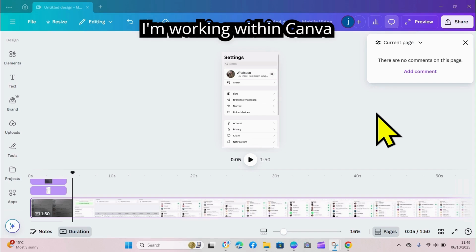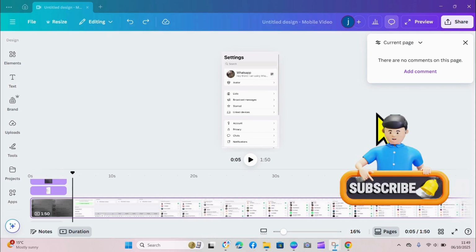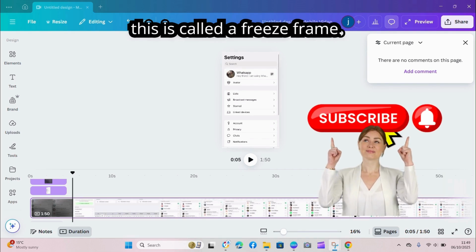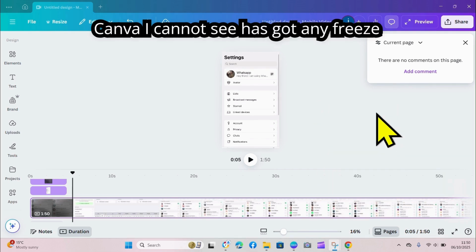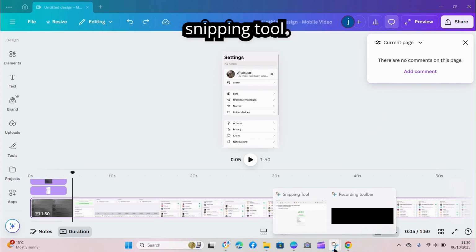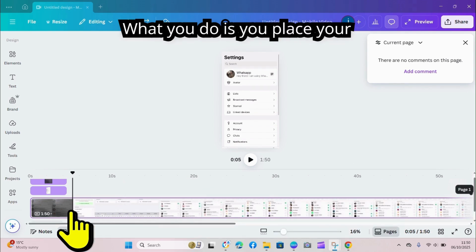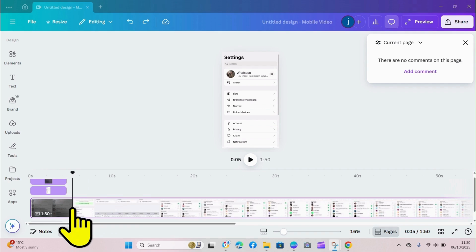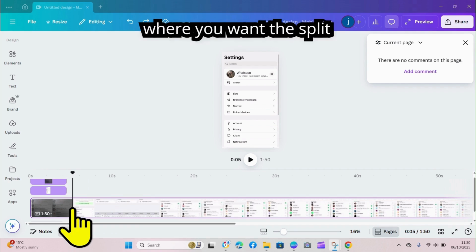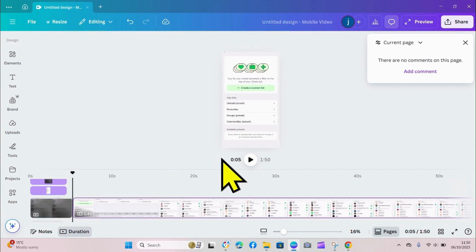I'm working within Canva, and in a lot of video editing apps this is called a freeze frame. I cannot see that Canva has any freeze frame, so what you can do, down the bottom here I've got the snipping tool. What you do is you place your cursor where you want the split, do a right click, then split page,